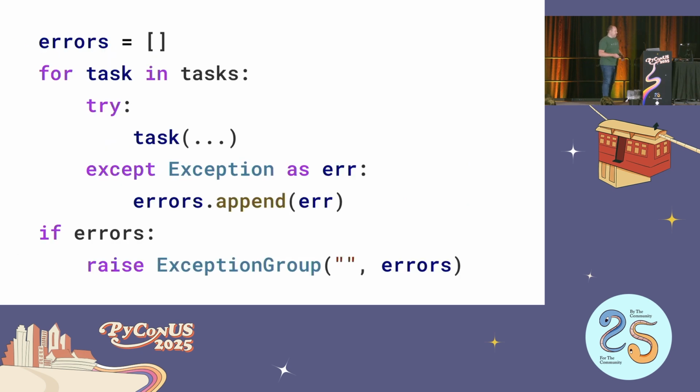And this gives us a couple of things. The first, I mentioned, we can just collect them by hand. So there are some things in PyTest, for example, when we're doing fixture teardown, where we'll try to tear down each of the fixtures. If one of those fails, we can't just not tear down the other fixtures, right? It would be bad if we left a database connection open indefinitely, for example. So we have to try each thing in turn. And then at the end, if we got any failures, we'll raise a group that contains each of those failures for you. This is not really intended to be caught by anyone. It's just intended to be a nice way of grouping together things to eventually display the traceback.